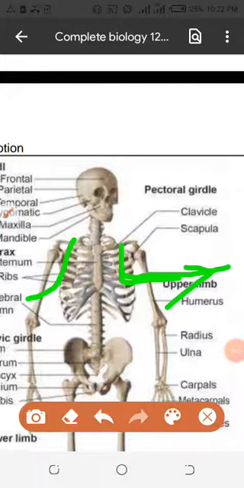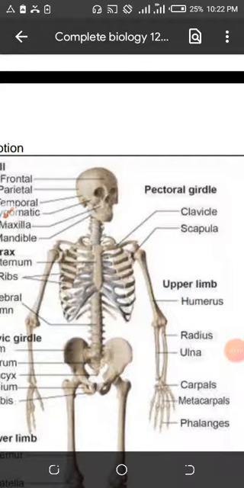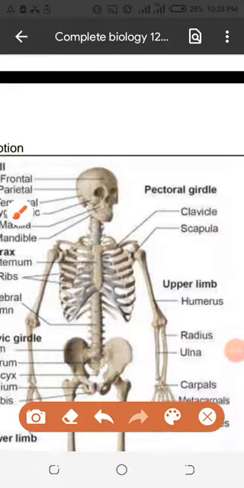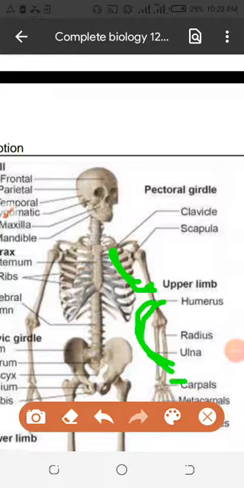The clavicle is present. I told you support is required. Muscles will get the support from here, and then will do actions, then it will implement the changes, and your forelimb will move. Look at the system, how the system is made. Getting the support, just as you are kicking, getting the support from one place, you are getting the support from this bone, and you are putting the action on the forearm, meaning radius and ulna.